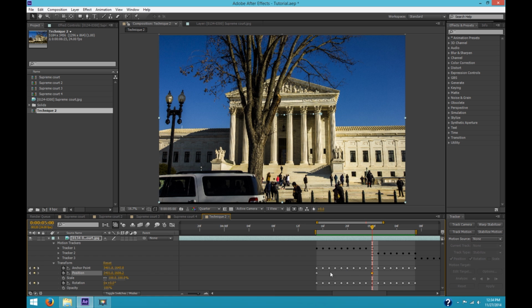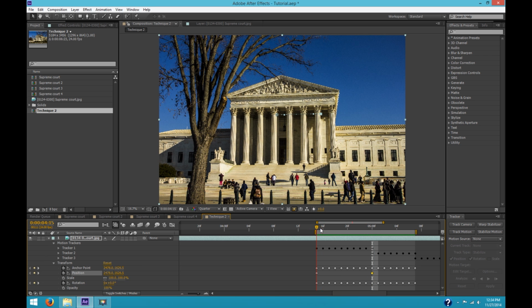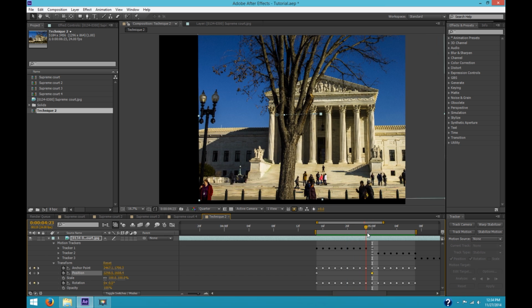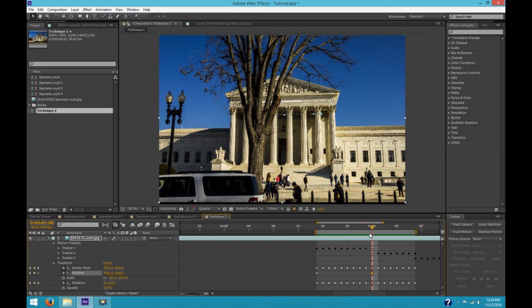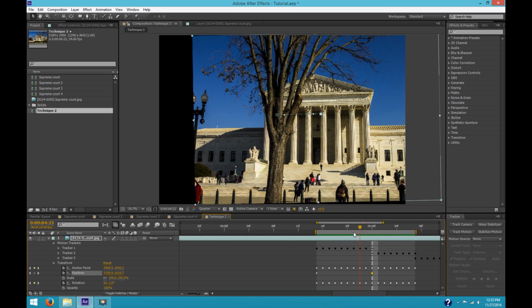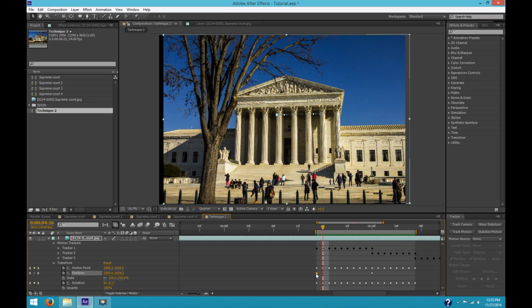So what happens when you have two position keyframes that are not in the same place and they're separated by some space in the timeline is After Effects automatically creates a smooth pan from one to the other. And we don't want it to do that. We don't want it to move. We want the position to be the same through all of these frames.